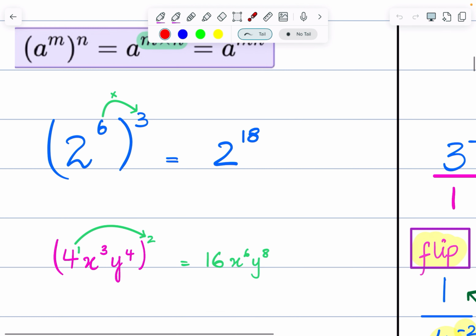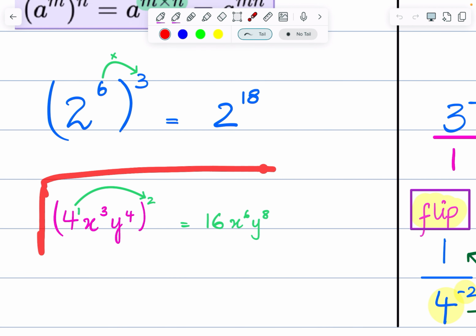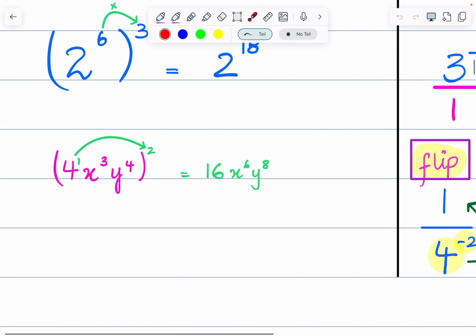Okay. This is a more common type of question that comes, and I'll first explain this to you and then I'll do another example with you as well. We have 4x cubed y to the power 4, every single thing and its whole power 2. Can you see this whole power 2? Everything will get the power separately. Okay, so you can do it this way as well.